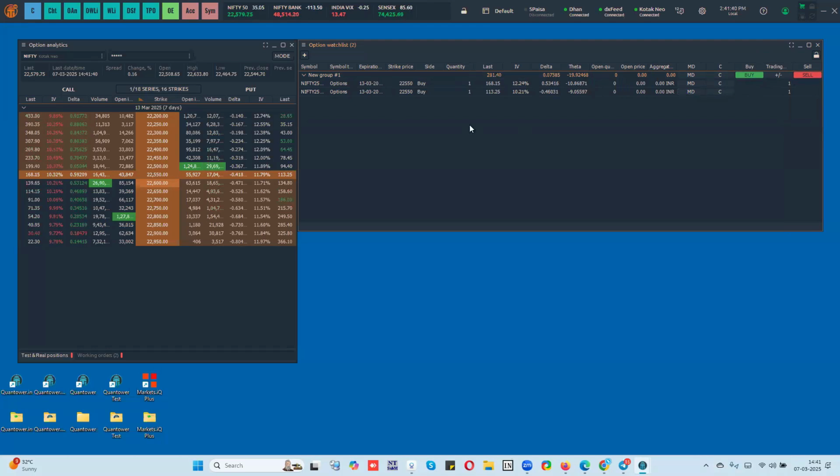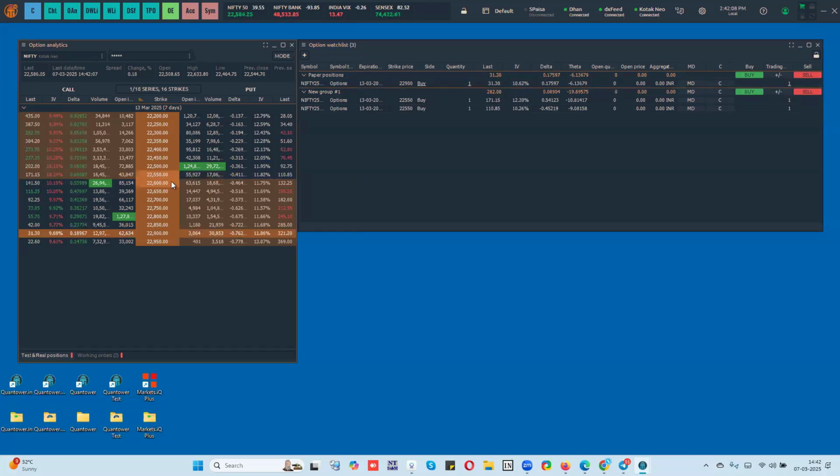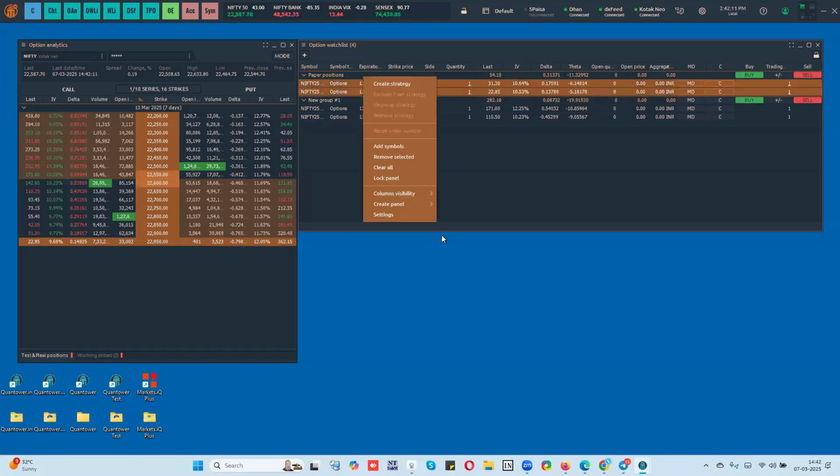So you can do multi-legs as well. Since I've selected buy here, when I click buy, both these legs will go as buy. Whatever is selected here will be a buy, and whatever is selected here, the opposite will be a sell of that. Now, say for example, let's do some contracts, maybe slightly far off. I do one more trade here. So I do two symbols. I'm just doing it to show the functionality.